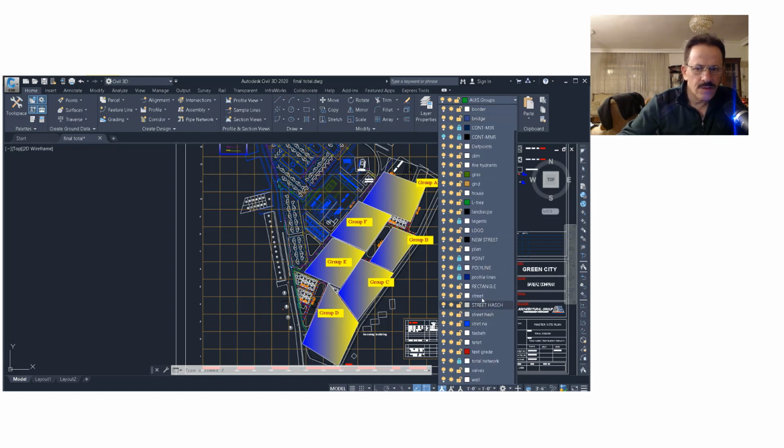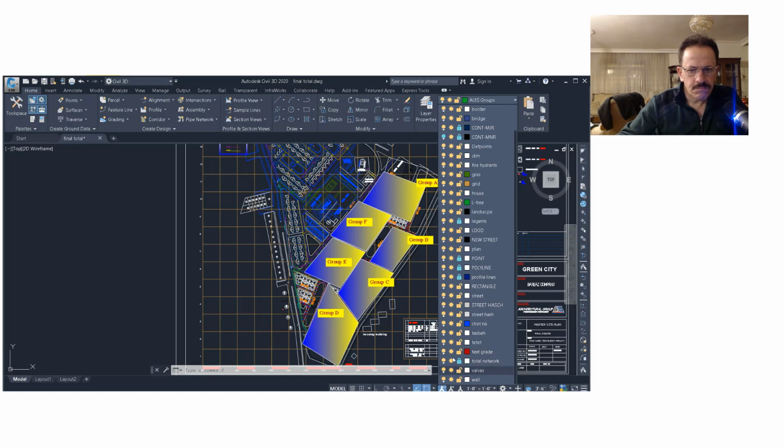For example, we have a layer for only the streets, and a layer for the points. The points mean the survey points that we have for the grass, for the architecture, and also for the border. We have the contour lines. Here are the contour lines, the most important thing that we have, and so on.